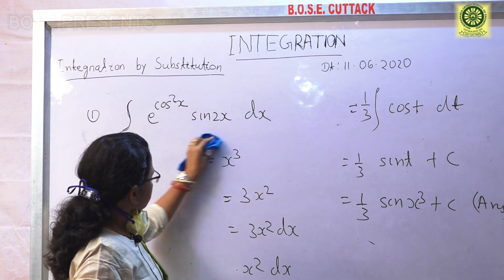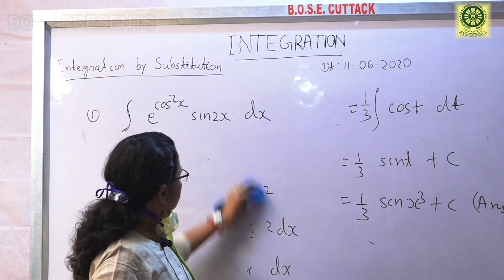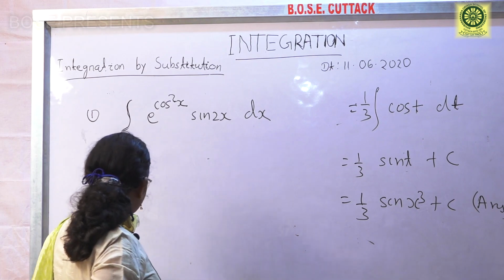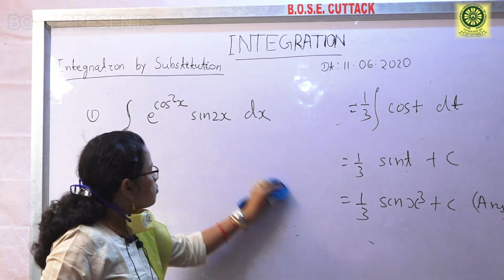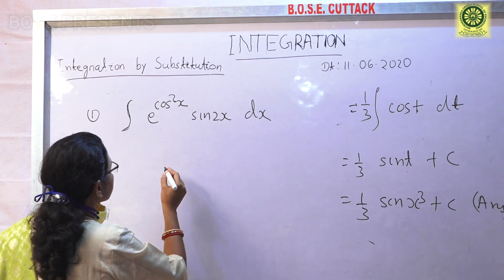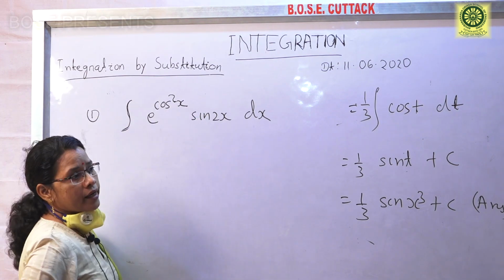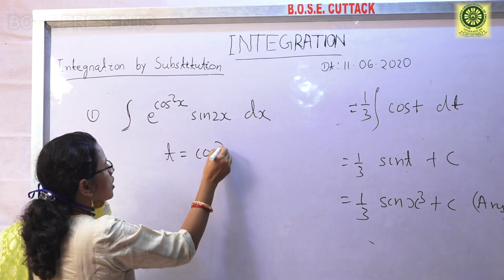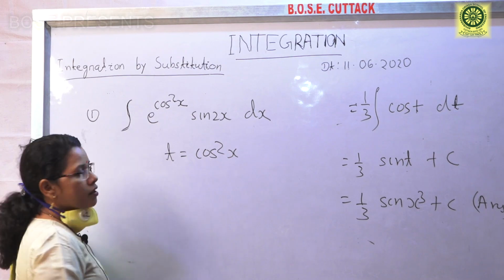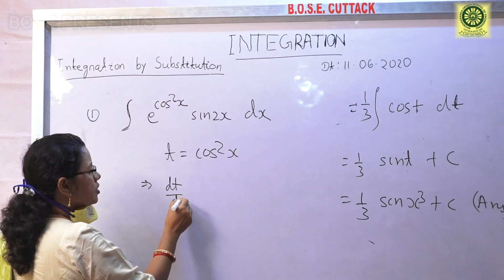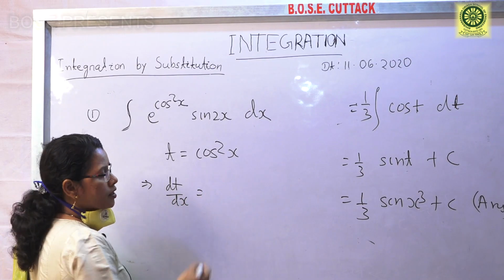With respect to x. Then just point out the function which is replaced by t. That is here cos square x. Just substitute t for cos square x. Okay. Then differentiating both sides with respect to x, we have dt by dx, and your right side is your